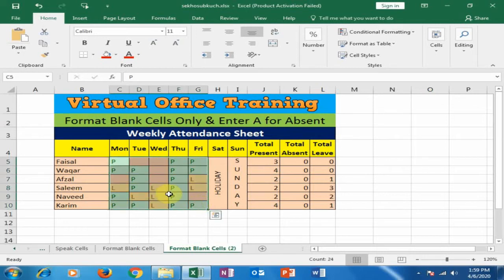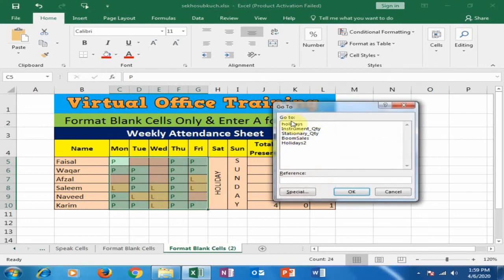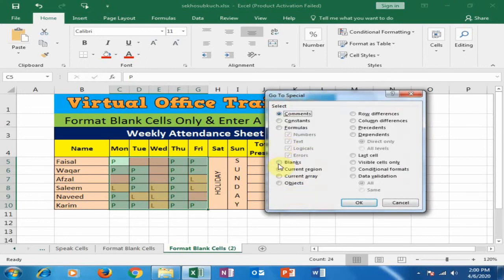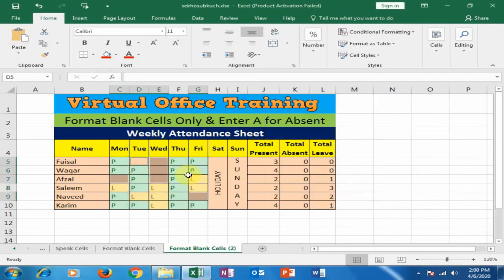and press F5 for the Go To dialog box. Here it will display the Go To dialog box. Just click Special and click Blanks here and click OK. It will select all the blank cells in the selection area,